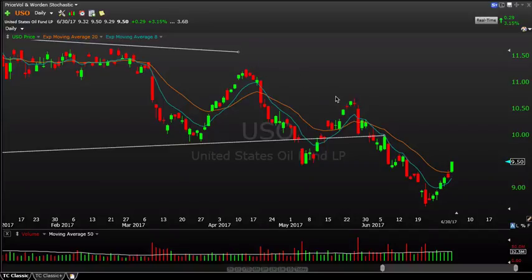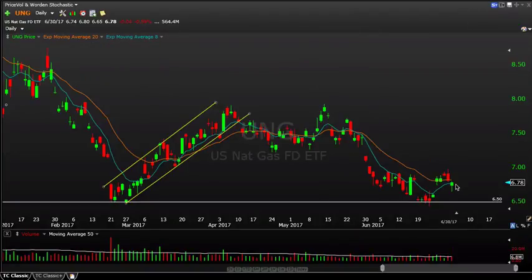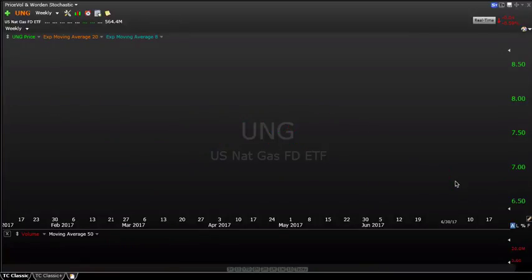You could still draw this trend line down from these series of lower highs and lower lows that USO is still in. So again, I still think if you're tactical, absolutely you can play in this space, but from a longer term structural basis, we're still seeing a downtrend here. Maybe it's early signs of it reversing, but again, I would just want to see a little more conviction there for me personally.